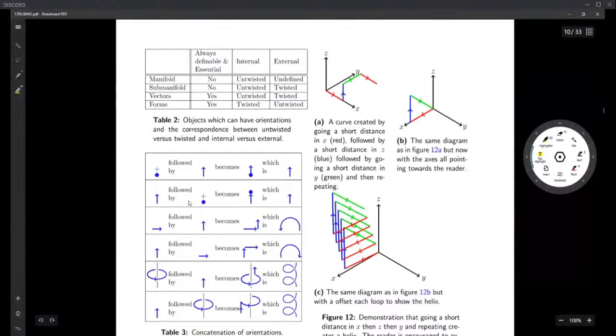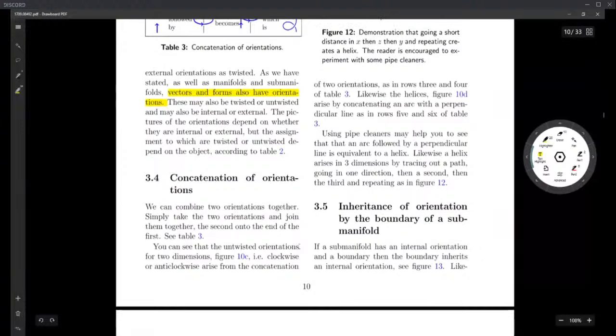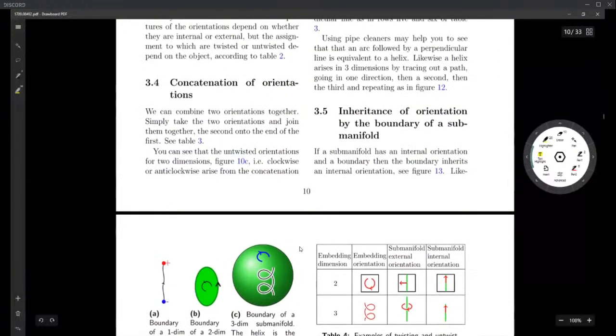And this again, 1 plus 0, which is still 1. But this is 1 plus 1, which results in 2, so this gives you 2 dimensions. It's just basic addition math that we learned. You can visualize that and you'll get an idea of it. Well, this is around a surface, so this is 2 plus 1, which would give rise to 3, so on and so forth. So this is how you concatenate orientations, combining two orientations together. But also you can see that untwisted orientations